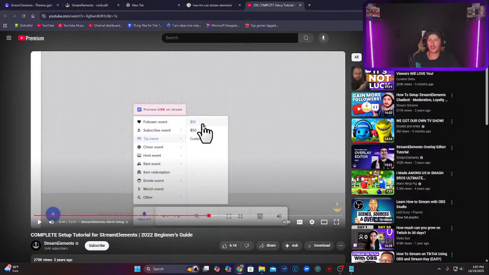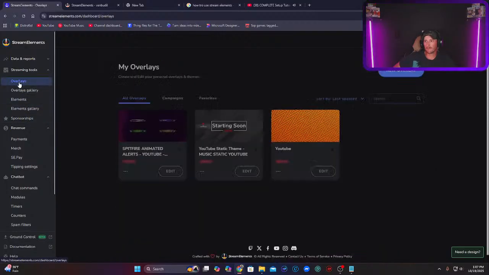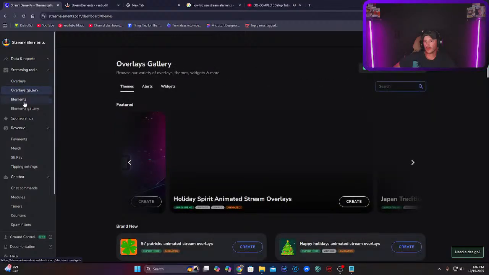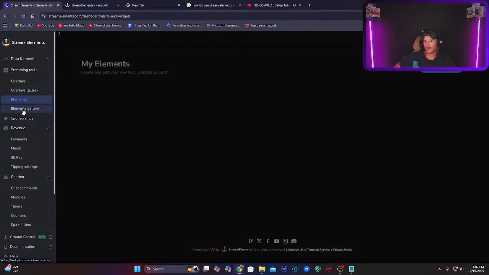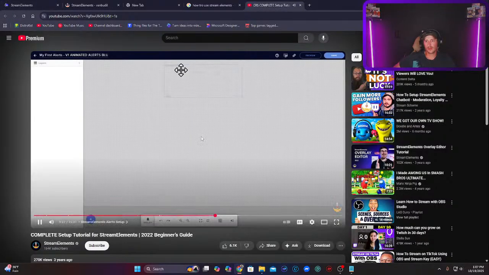I mean, it's not the greatest, but Preview live on stream box is checked. You can preview your alerts right inside the streaming client where you added the browser source. The overlay editor has a ton of features and will absolutely be getting its own dedicated video, but here's a couple of quick features that you might want to try right now. If you want to change the location of your alert box,